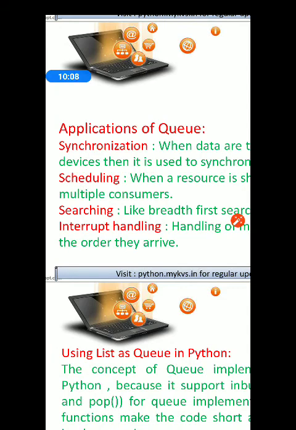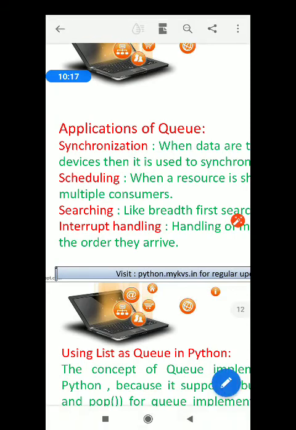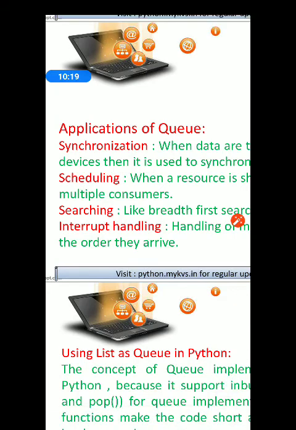Similarly, we have scheduling. I have told you about operating system scheduling methods, for example, first come first serve, shortest job first, etc. So operating system will schedule its work for resources that are to be used by multiple consumers.